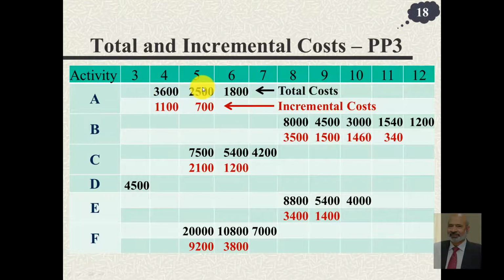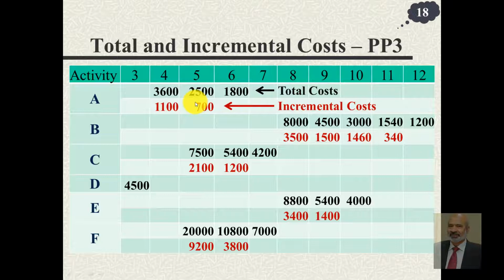So here I have written in this table the total cost. That means we have already now multiplied the number of days with the per day cost. So 6 into 300 was 1800, 5 into 500 is 2500, and 900 into 4 was 3600. Notice that if A is performed in 6 days, it costs you 1800, and if it is performed in 5 days, it costs you 2500. So difference of these two, 2500 minus 1800 is 700. This is the incremental cost.